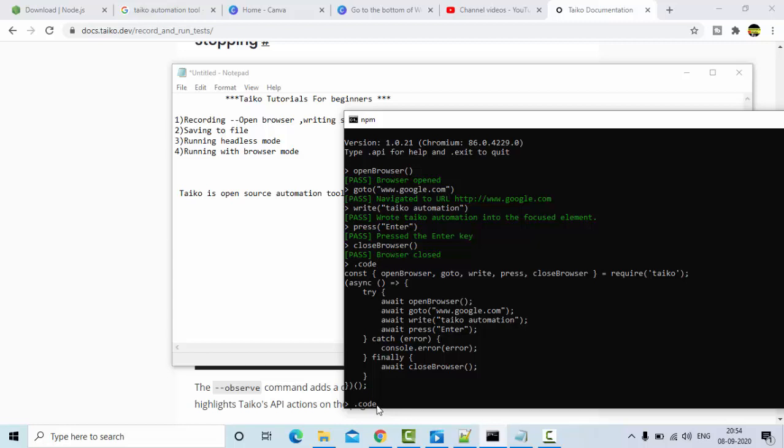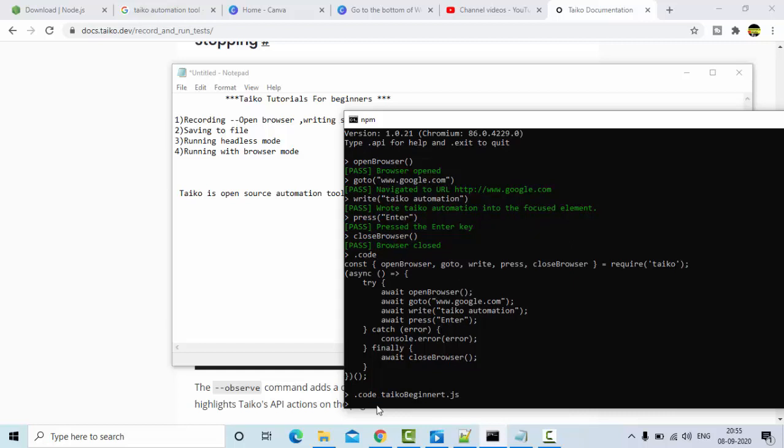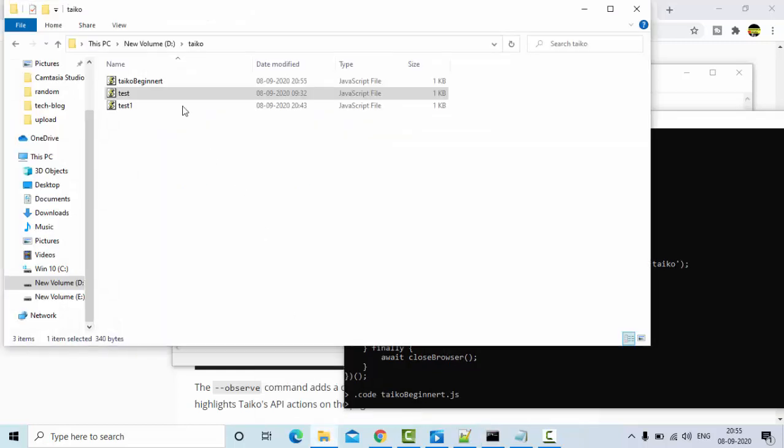Code, and let me use some file name here, give it as Tyco beginner dot js. JS is an extension, guys, that is JavaScript. So it got saved. How do I know whether it got saved or not? Simply go to the path and refresh it.